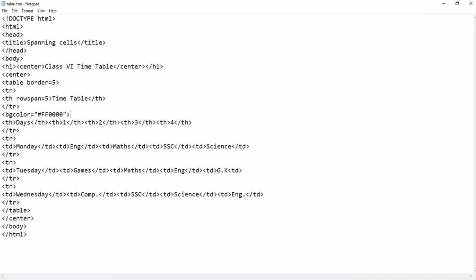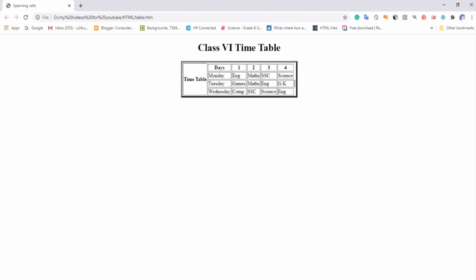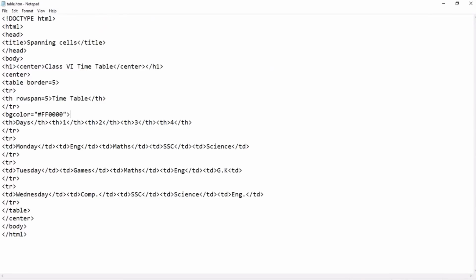Control S. What is the output? Refresh. It's not working. What is wrong here?